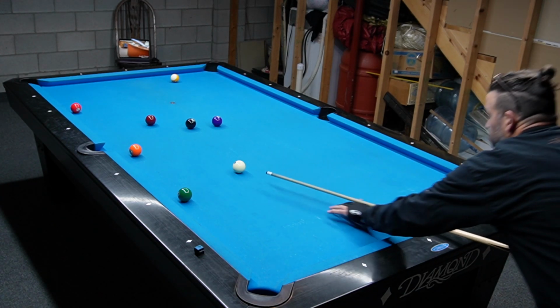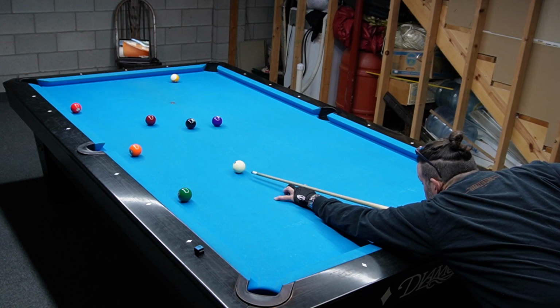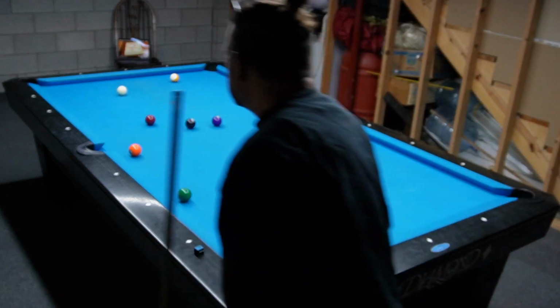This I just need to hit low and bring it off that left rail, back out about 1.5 feet, so I can put the 4 in the bottom right corner where I'm standing. At least that's what I should do, yep. And